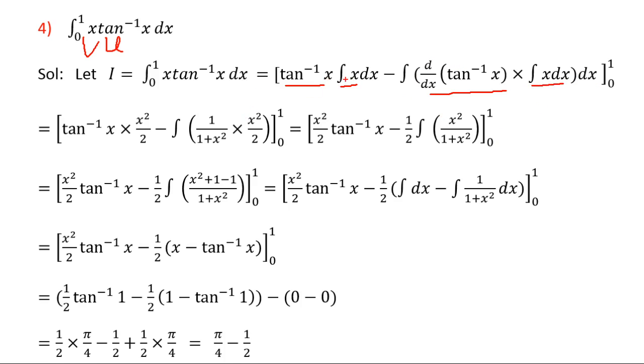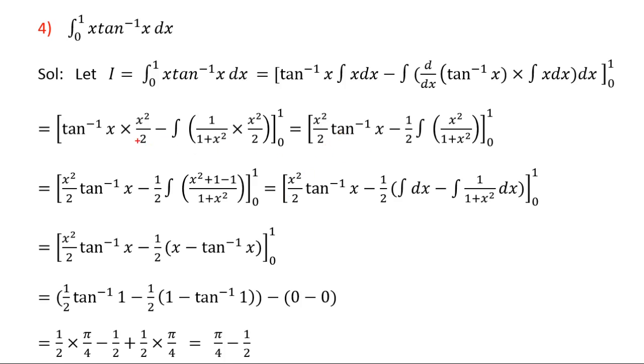Now we rewrite this. Integration of x is x square by 2. Here also we write integration of x as x square upon 2 and derivative of tan inverse x as 1 upon 1 plus x square. Okay, so after writing these integrals,